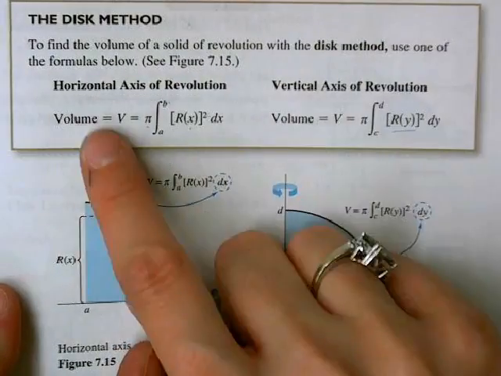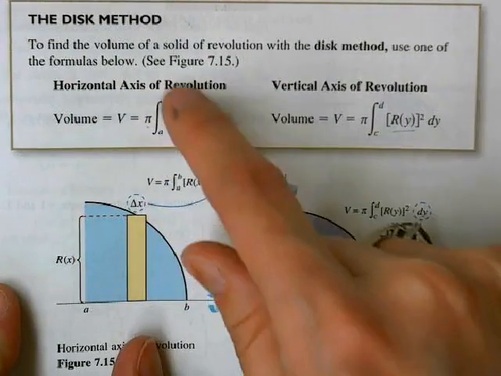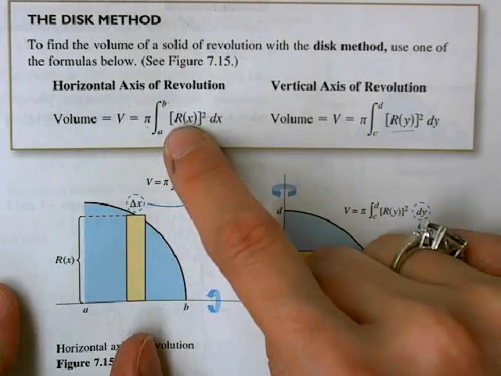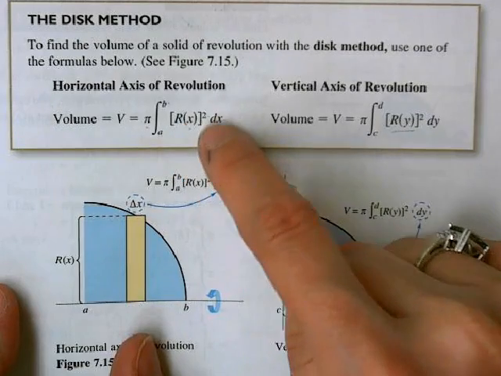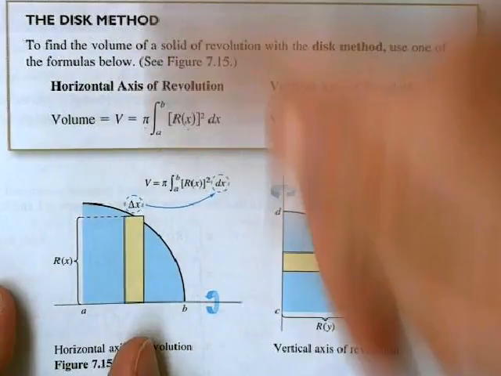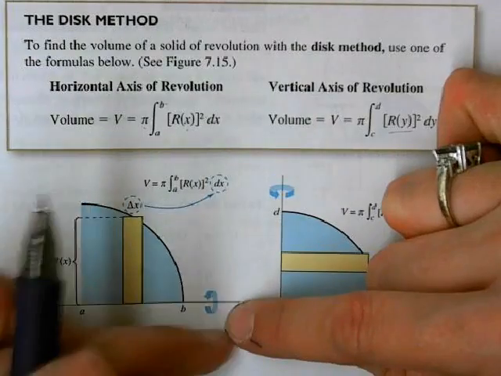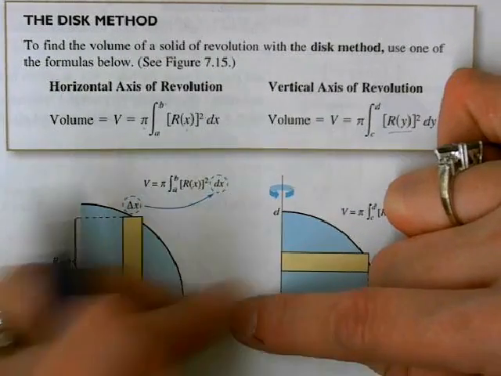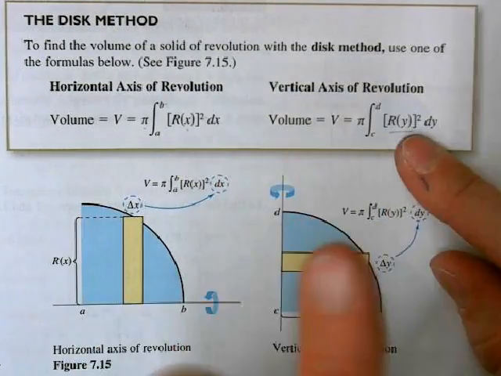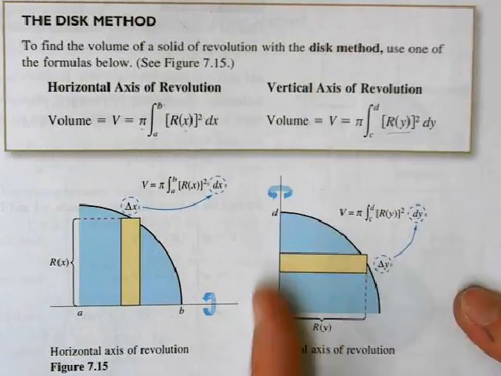So in a nutshell, it's volume equals pi, integral from a to b, capital R squared dx. This capital R stands for radius. You use this formula if you're rotating around a horizontal axis, like in this picture here. Like if you're rotating around the x-axis, for example, a horizontal line. If you're rotating around a vertical line, like the y-axis, then